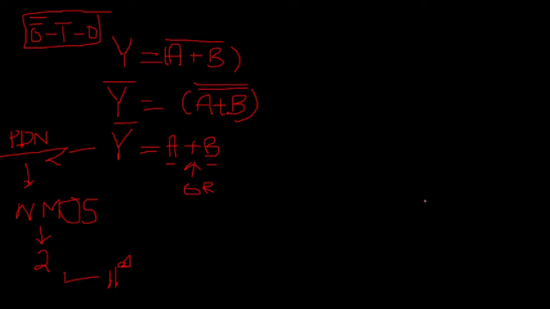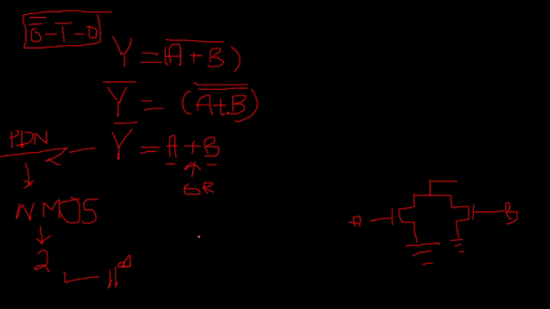So now let us make it. We have to make 2 NMOS, 2 NMOS in parallel, and pull down network is always connected to ground. So this will always be connected to ground and these will be the inputs. Now before writing the input, you should remember, for the pull down network the inputs do not change, they remain same. So if A is the input, you will write A as the input. If B is the input, you will write B as the input. So now this much for our pull down network is over.